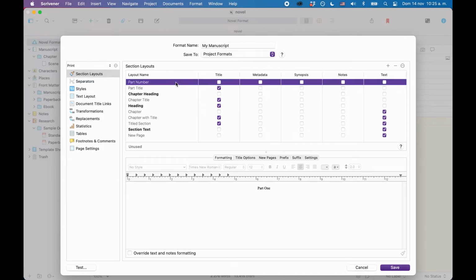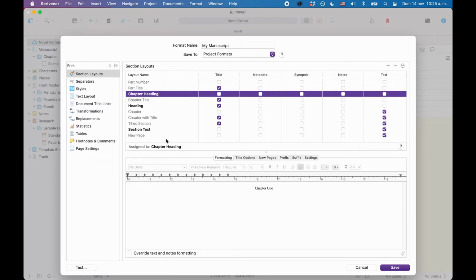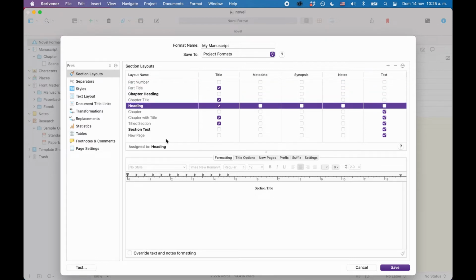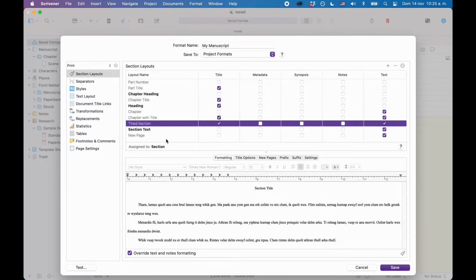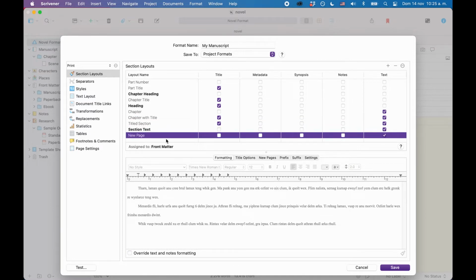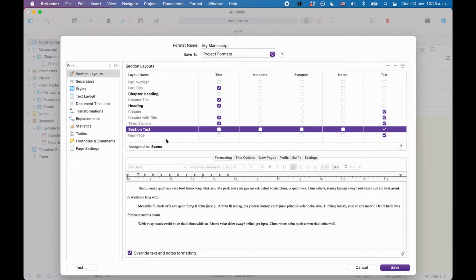If you take a look at the names of these section layouts, you see that they define how different elements of your draft or manuscript will look. Or, in other words, in another part of the compiler later, we will define which of the documents in your project will be compiled according to which of these section layouts. You could say that every document in your compile is a section, and here you create all these different section layouts to tell the compiler which of your documents you want to have compiled with which content and which